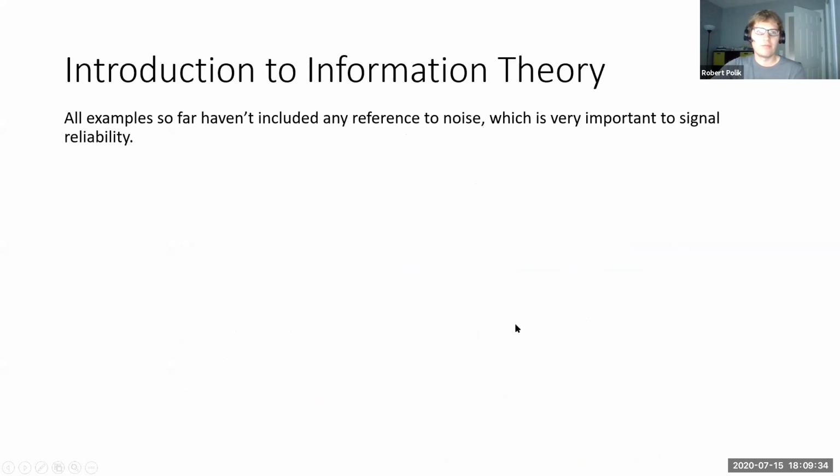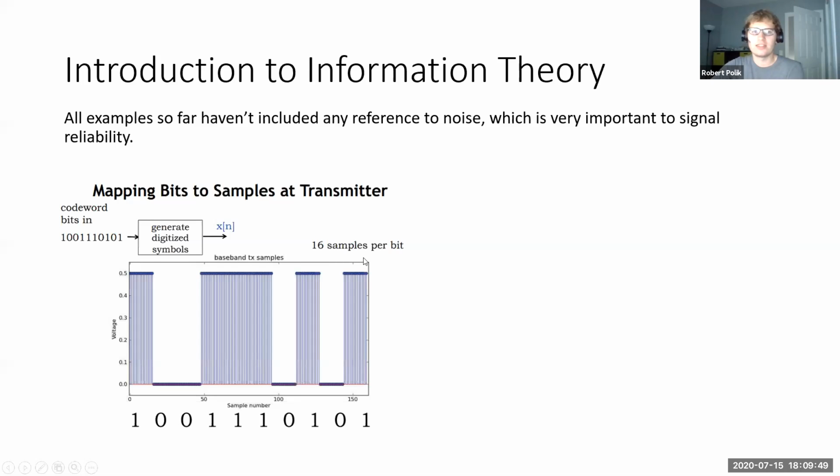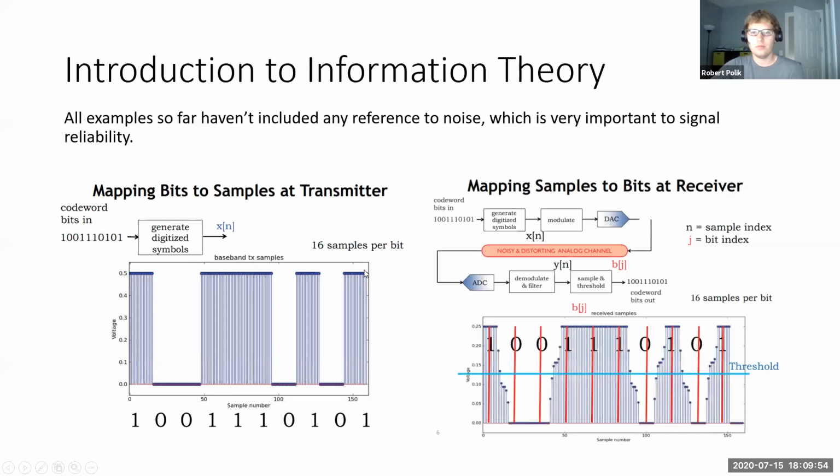So here we go. This is important for our analog to digital discussion. We're ready to talk about it. All the examples so far haven't included any reference to noise, which is super important to signal reliability. When you think about it, you have this digital signal, and both analog and digital signals feel noise. If you run it through a noisy system, you get things bouncing up and down. You get some jostle, and this one is only jostled when it changes because it can't change instantaneously. But you can even get false positives and false negatives.